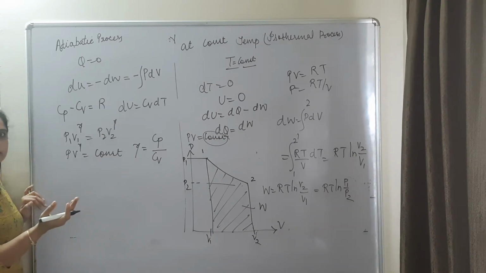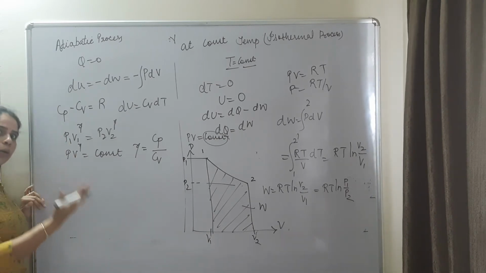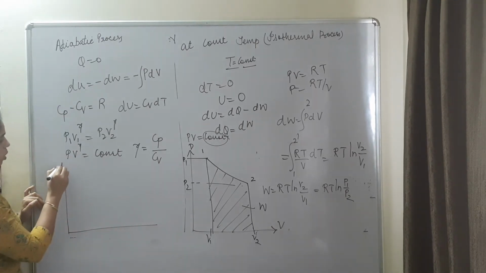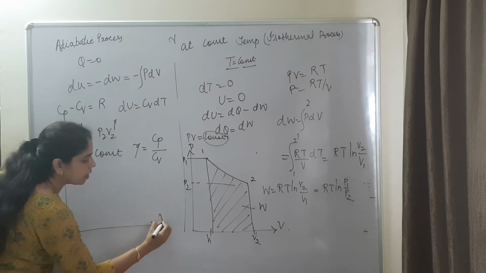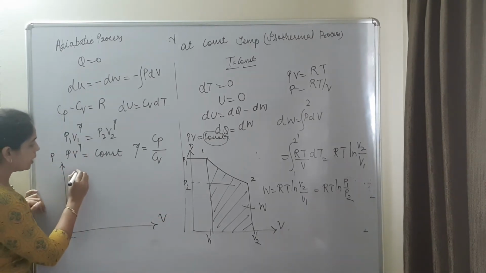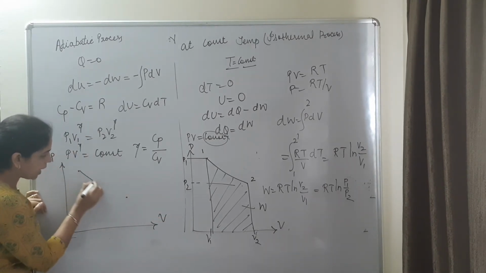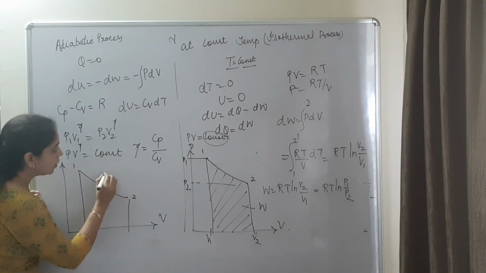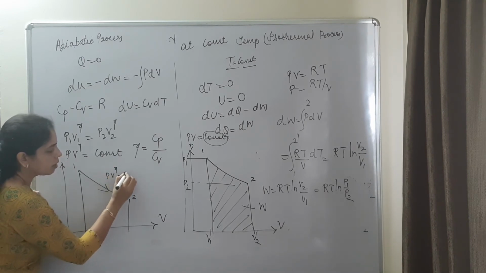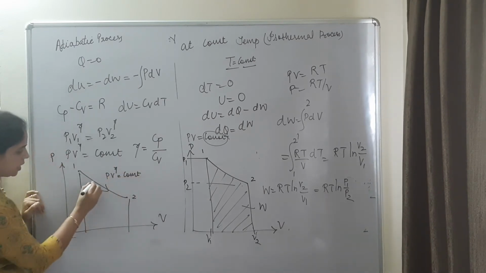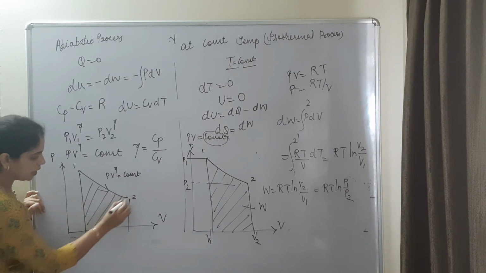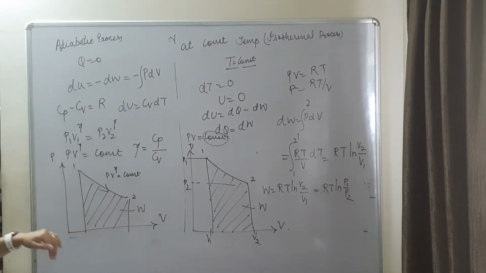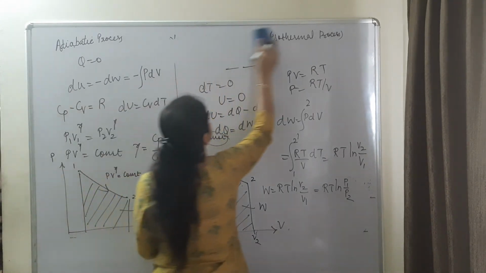जब हम work analysis करेंगे for any adiabatic process, तब हम उसको solve करेंगे. उसको PV diagram पे कैसे show करेंगे? So this is your PV diagram. Okay. So again, अगर expansion work है, so it goes like this. From state 1 to 2, PV^gamma is constant, and work done is area under the curve जो भी आएगा, that will be your work. Okay. Now the last one is polytropic process.